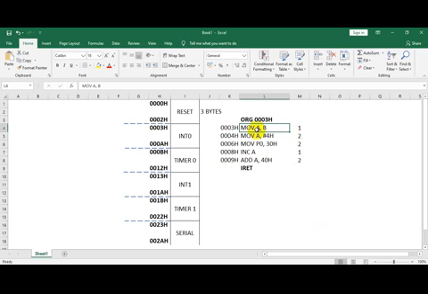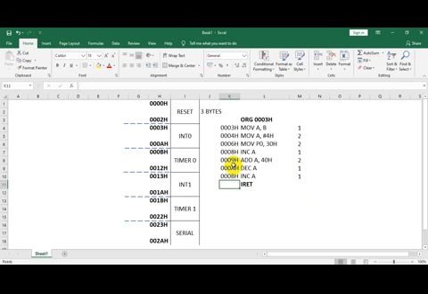So this ISR will have no problems, because you have consumed exactly 8 bytes. Now suppose by mistake you write two more instructions, let me say DEC A and INC A. How many bytes do these take? This takes one more byte, and this takes one more byte. So what will be the next address? This will be 000AH, this will be 000BH. Now see what happens.